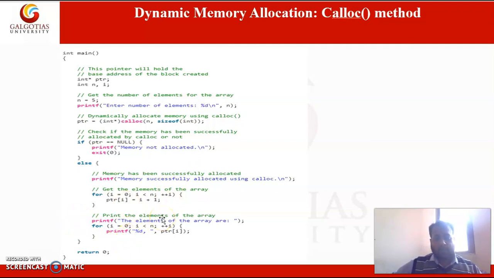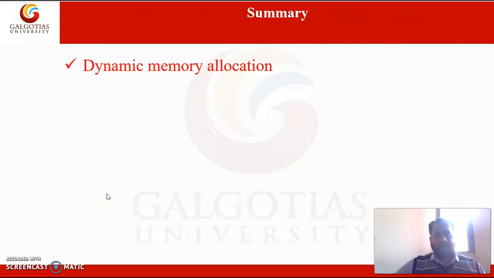So in this lecture we have seen dynamic memory allocation, and we have seen what the different methods available for dynamic memory allocation are, and we have discussed two of those methods, which are malloc and calloc.